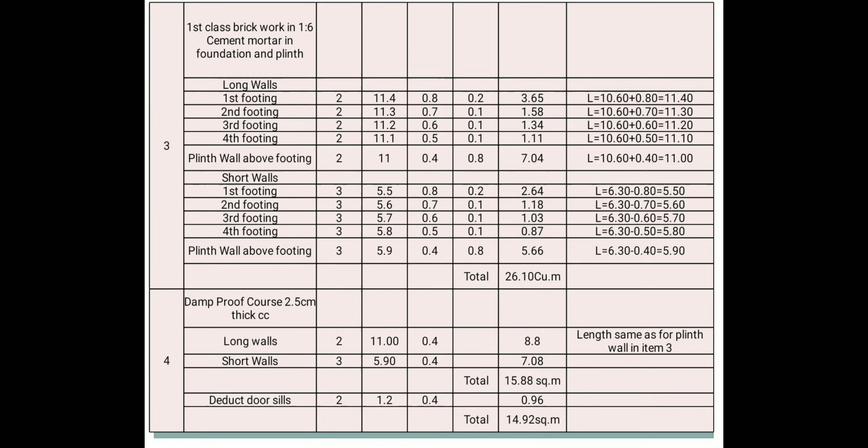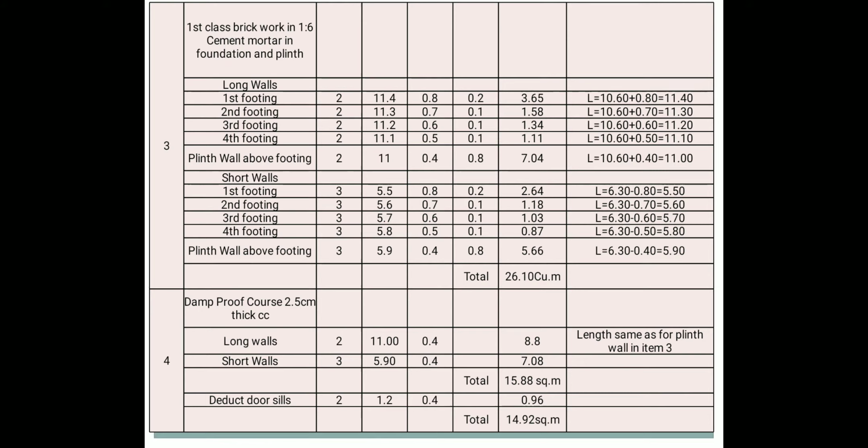For the short walls, the first footing is 3, 5.5, 0.8, 0.2, 2.64. For the second footing it is 3, 5.6, 0.7, 0.1, 1.18. For the third footing it is 3, 5.7, 0.6, 0.1, 1.03. And the fourth footing it is 3, 5.8, 0.5, 0.1. That makes a total quantity of 5.87. For the plinth wall above footing it is 3, 5.9, 0.4, 0.8, 5.66. That makes the total quantity of 26.10 in case of first class brickwork in 1:6 cement mortar in foundation and